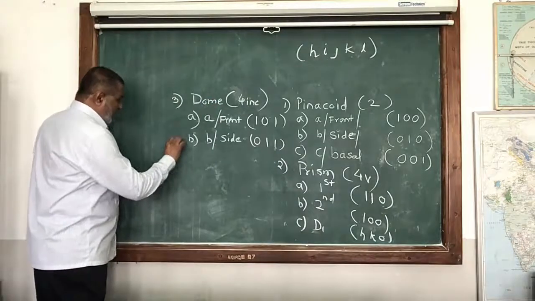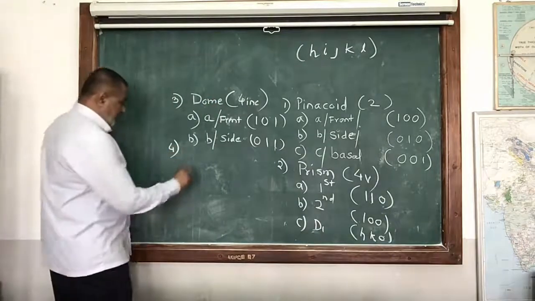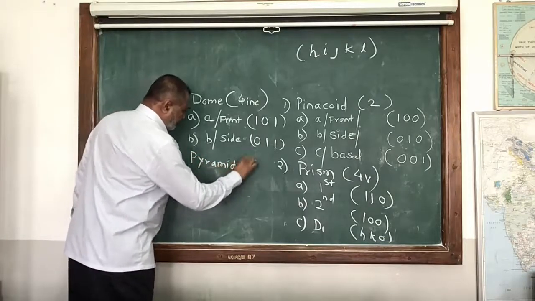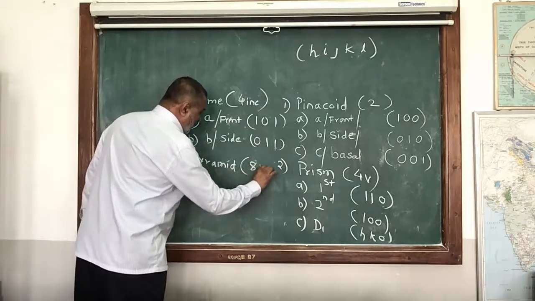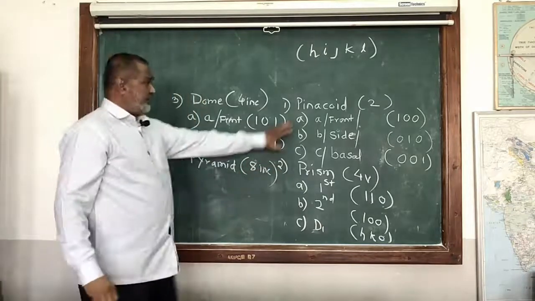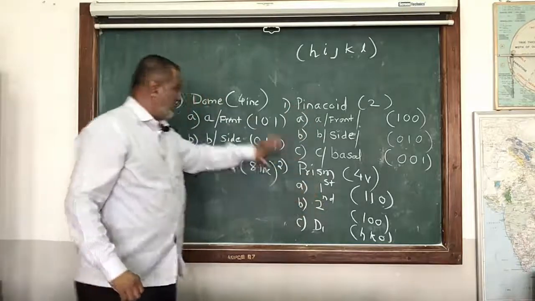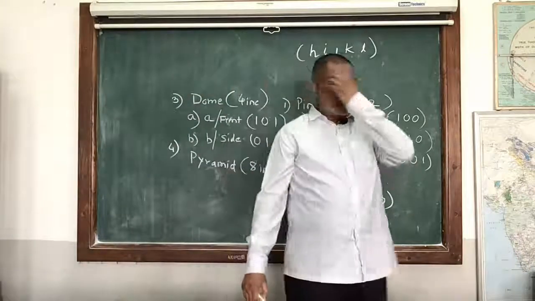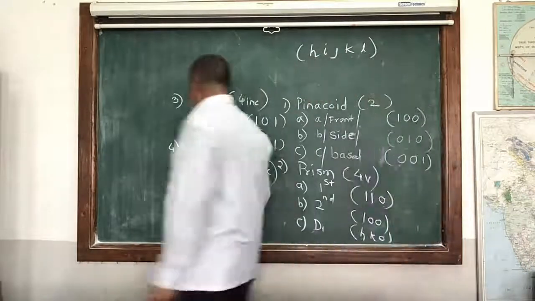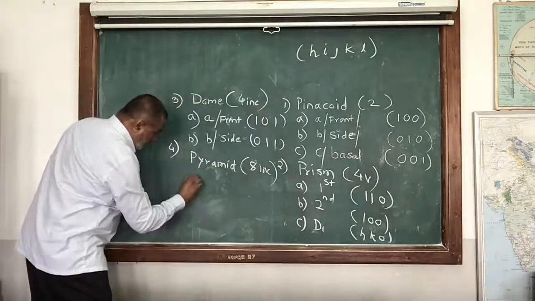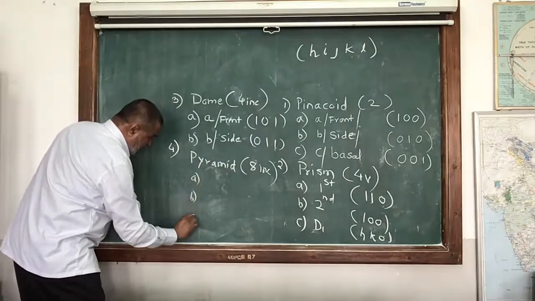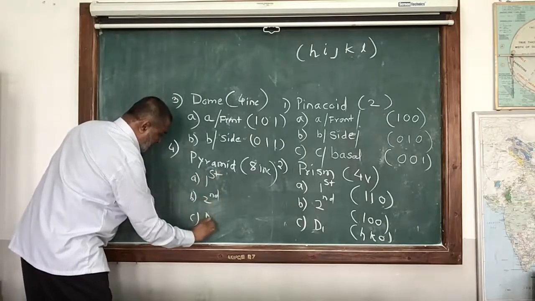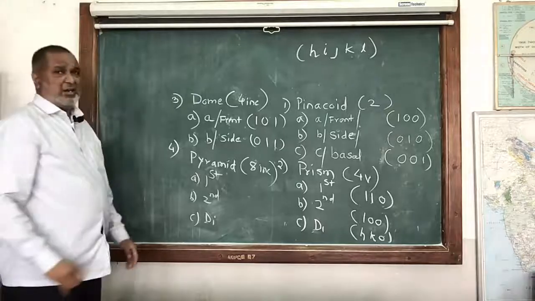The last form we have is the pyramid. Now here we have 8 inclined faces. The number has doubled. Here we have 2, here 4 vertical, 4 inclined, now 8 inclined faces. In the pyramid also we have 3 categories, like in the prism: A, B and C. That is the first order, second order and di. The number has become doubled.